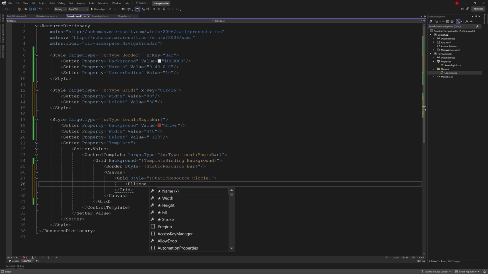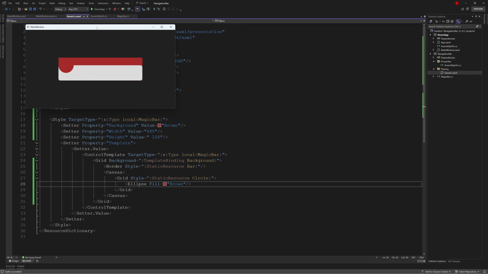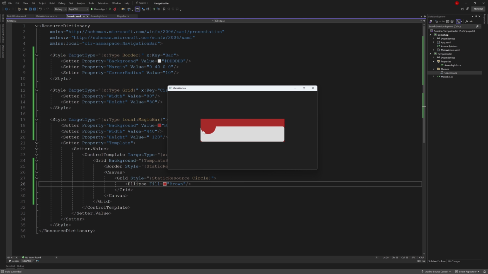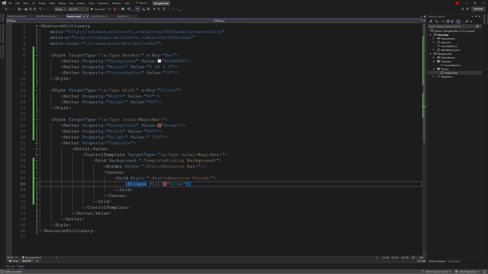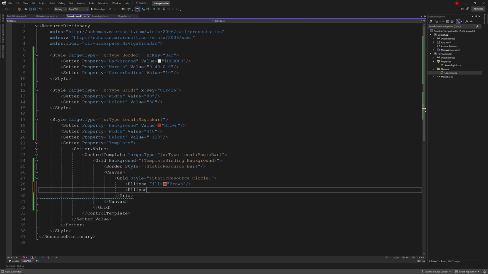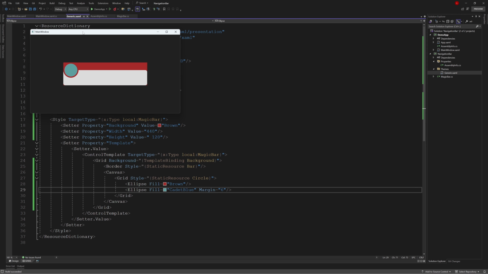Set it to brown. Since it's the same color as the background, visually it looks like a piece has been cut out. Okay, next we add a blue circle with a margin value of 6. So this part is now complete.